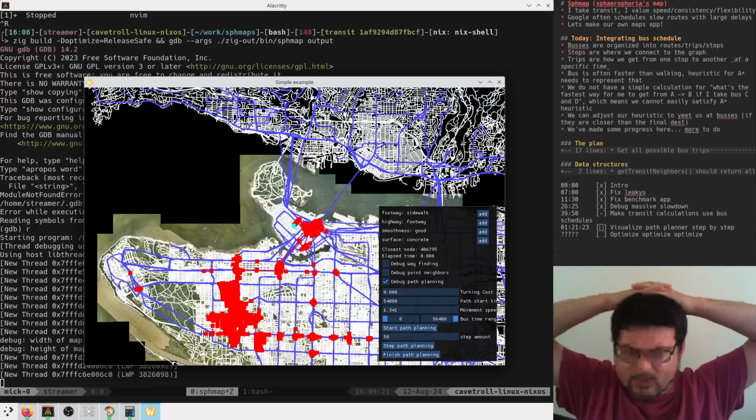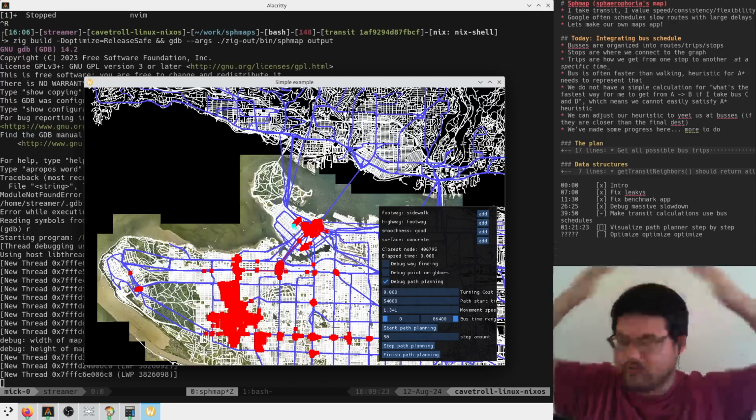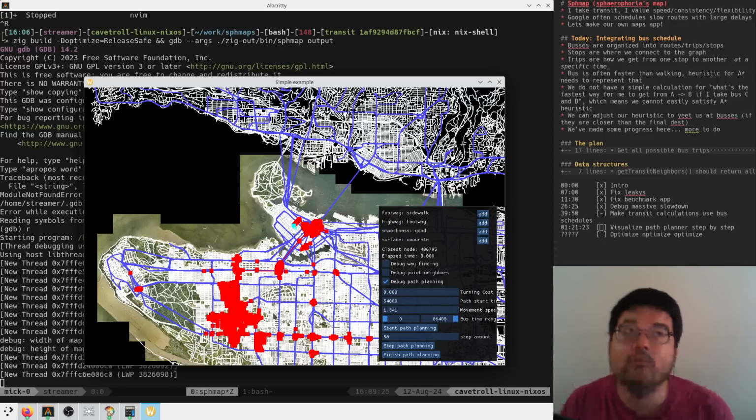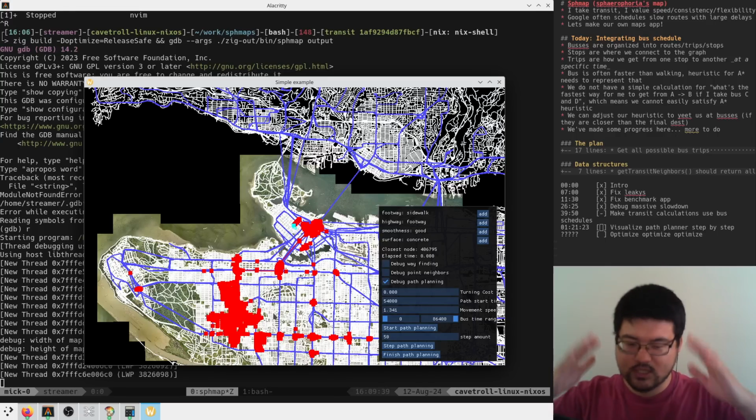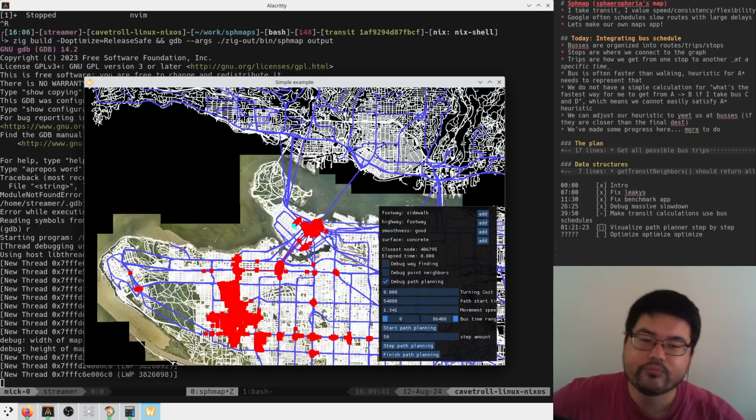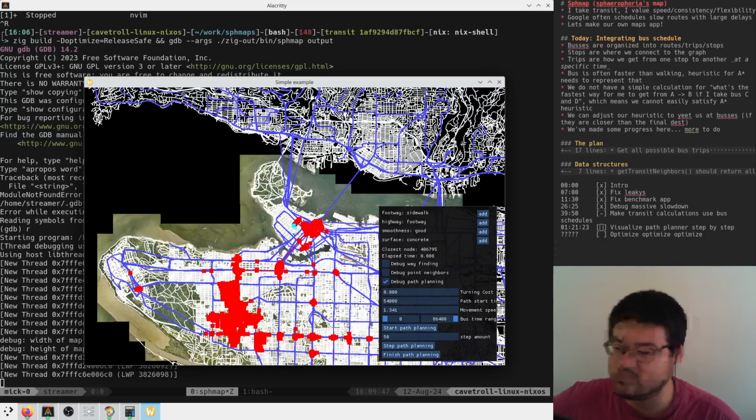run a daemon on my machine. Daemon? I don't know what you're supposed to call them. That monitors the bus, like the real-time bus data, and compares that to the schedule, and that will give us, I'm hoping, some sort of distribution of reliability of the bus in some way. We can convert that into a reliability number, and we can use that to tune the transfer logic